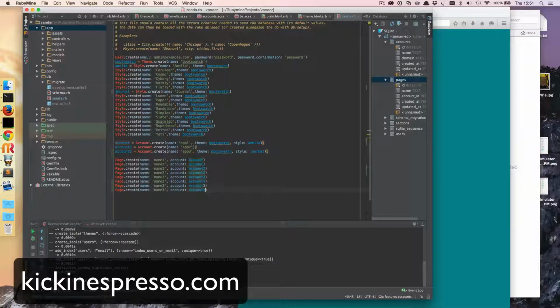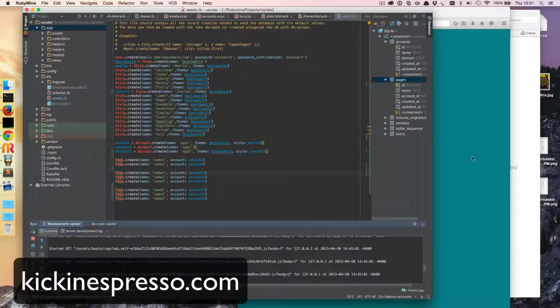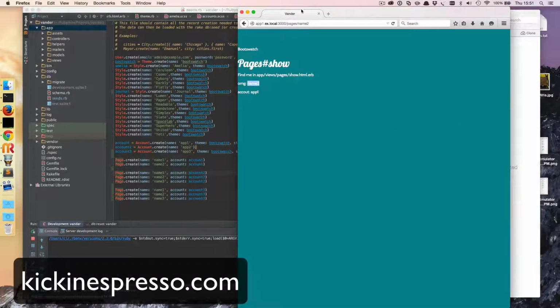3, 3, 3, and we'll call this 1, 2, 3 down here also. Just kind of a little area where I'm experimenting. This isn't, obviously, for production kind of stuff. But anyway, let me reset the database again, and we'll go ahead and reload the server. And we'll check it out again. So if I reload it now,